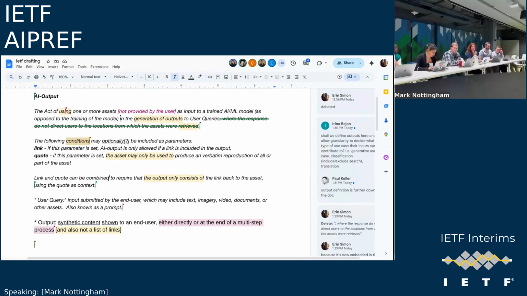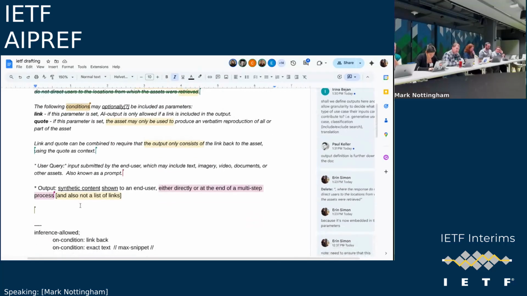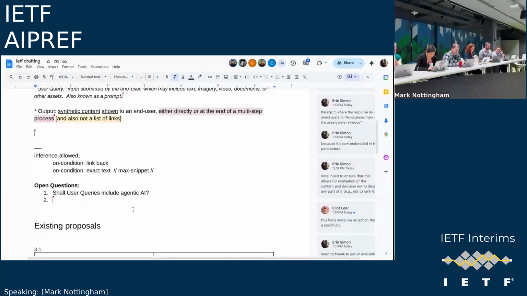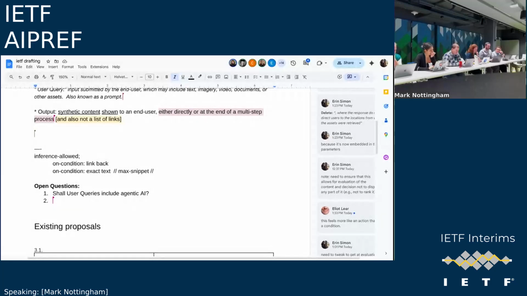I think what we're intending to cover here, and potentially what we have covered here, might be quite broad at the moment. Generation of outputs is generally broad. I don't know if you can scroll back down.